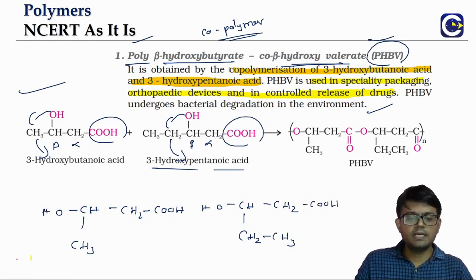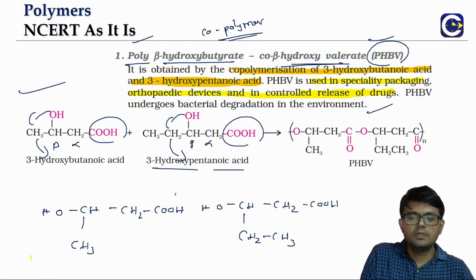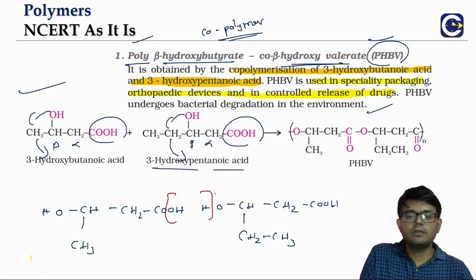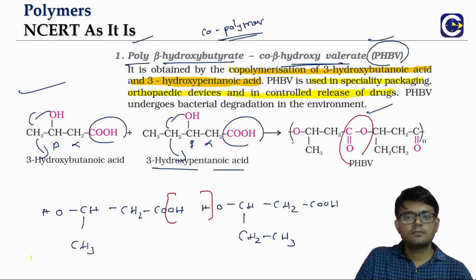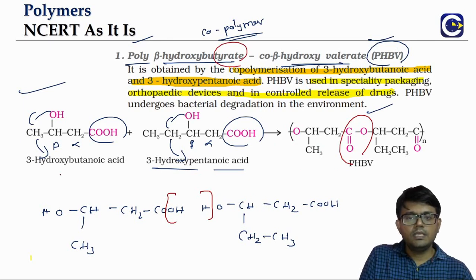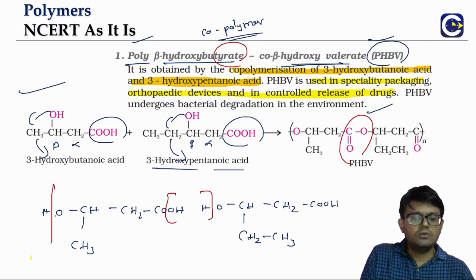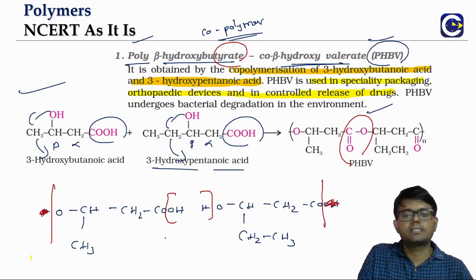You see there is a condensation. Condensation means what? Simple condensation is removal of the water. From the carboxyl we will remove OH, from the alcohol hydrogen. So remove it, what will form? We will form the ester here. That's why the alkanoate. The further condensation will mean what? This side also the hydrogen will be removed based on the condensation. Here the OH group will be removed. So if you remove these two, we will get the overall repeating unit structure.